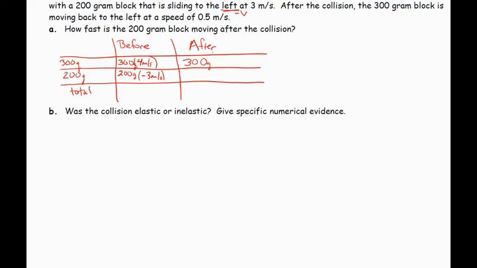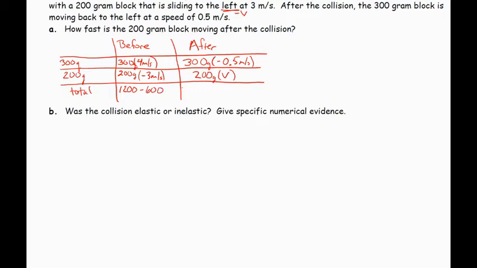And my 300 gram block is moving to the left, so negative at 0.5 meters per second. And then my 200 gram block, we're not sure what the velocity is. So when I go ahead and add those together, I end up getting 1200 right here. So I have 1200